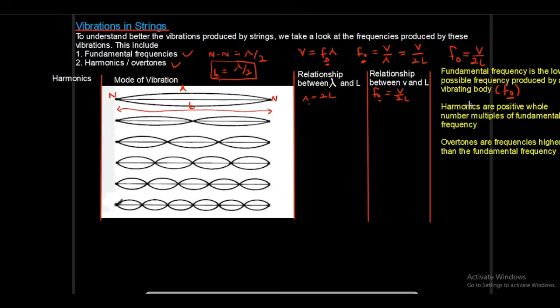Now, we said something here that harmonics are positive whole number multiples of the fundamental frequency. So if we want to talk about the first harmonic, we are going to be looking at the first positive whole number, which is 1. So we are going to have 1 times the fundamental frequency, because harmonics are positive whole number multiples of the fundamental frequency. So the first harmonic will be 1 times the fundamental frequency, which is the fundamental frequency. So please have it at the back of your mind that the first harmonic is the same thing as the fundamental frequency. Now, if we want to talk about the second harmonic,